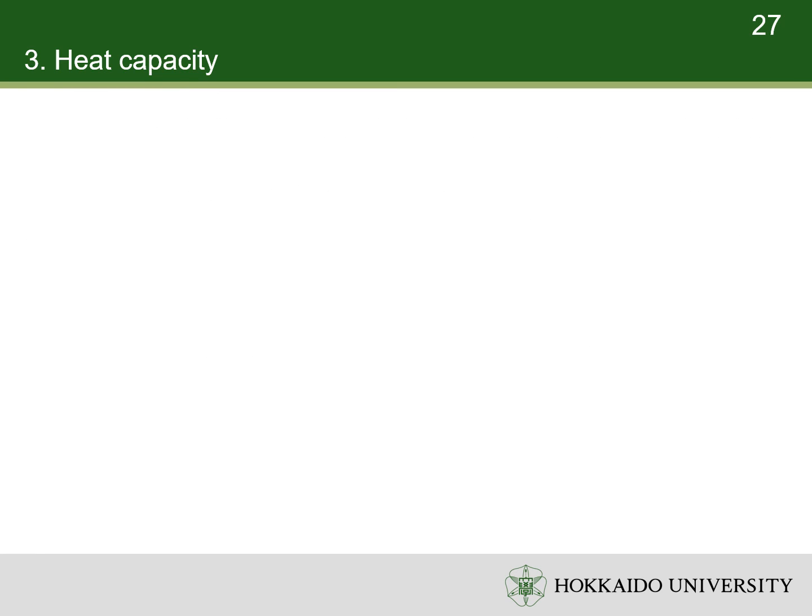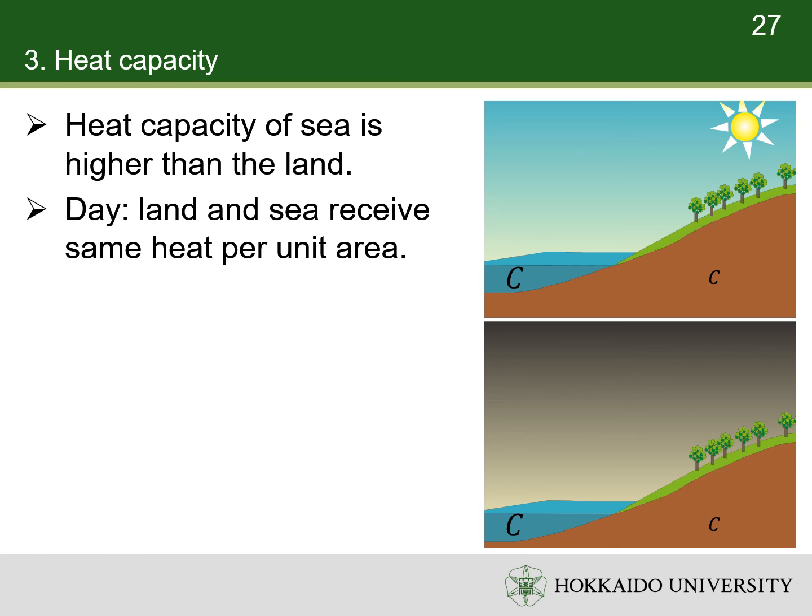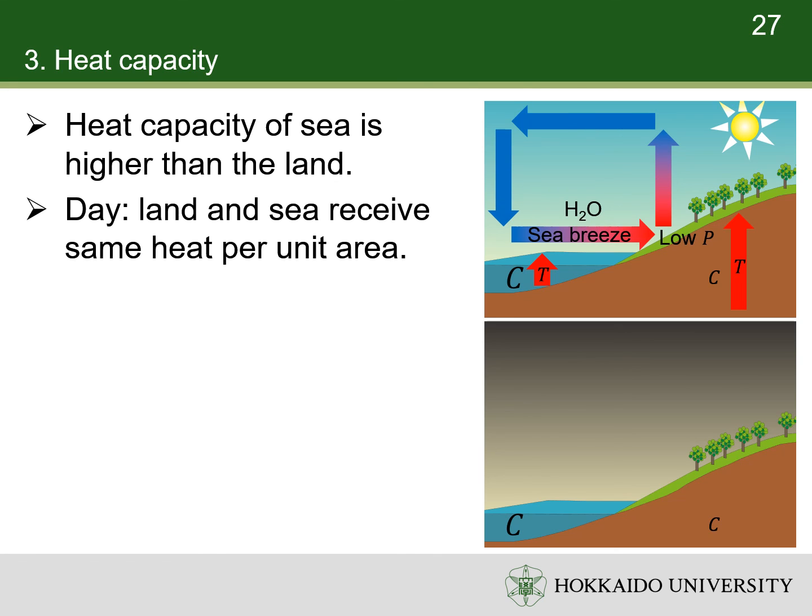We can use heat capacity to explain some natural phenomena. For example, the heat capacity of the sea is higher than that of the land. It is because liquids have more degrees of freedom of motion than solids. In the daytime, the land and sea receive the same amount of heat per unit area from the sun. The land heats up faster than the sea due to its lower heat capacity. The hot air on the land elevates, leaving lower pressure on the land surface. Sea breeze brings moist air to the land, which then elevates and cools down to condense to water. So, there is a higher possibility of rain on the land.